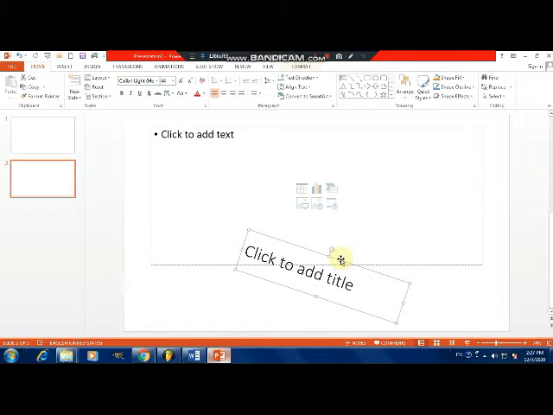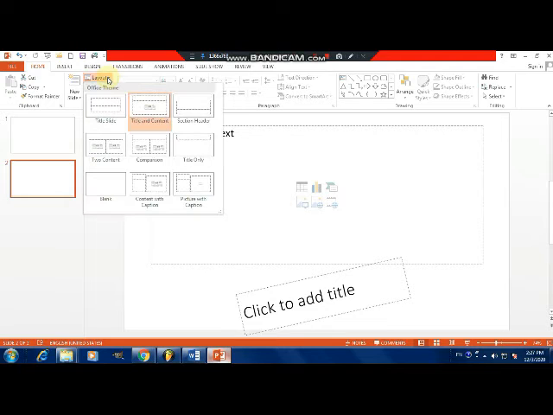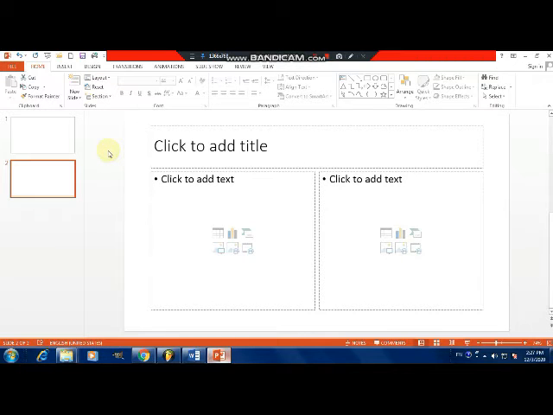As per your requirement, you can change the appearance of the layout. Okay, then the next one: if you want to replace a layout, that means you want to change the layout of a particular slide, you have to select that slide. After selecting that slide, you have to go to the Layout command. It is there in the Home tab. Then select the required layout and click on it. It will be replaced with the selected one. That means you do not need to delete the slide and insert a new slide with a particular layout. By selecting that slide, you can change the layout of that slide.